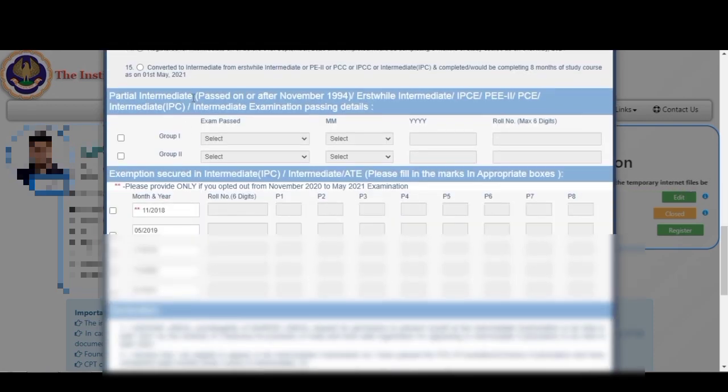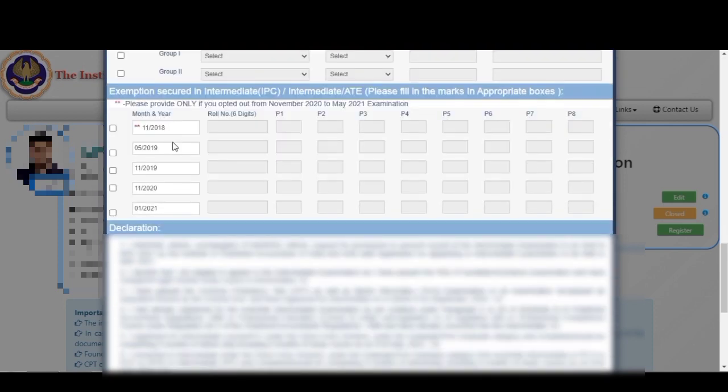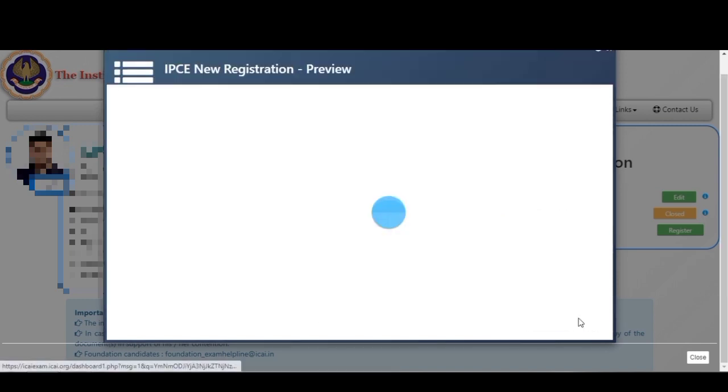If you have passed any partial group, such as only group 1 or only group 2, then fill your information here, your group 1, just like your exam passed, etc. Enter your exemption if you have exempt any subject. So now you can click on I agree and then save and preview.